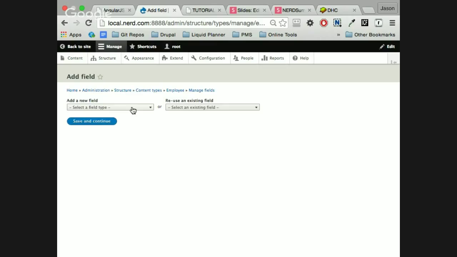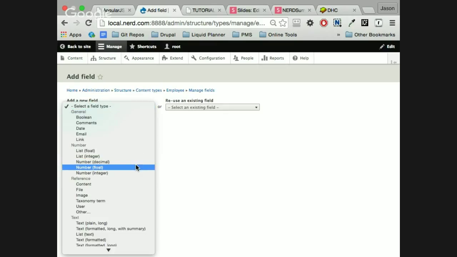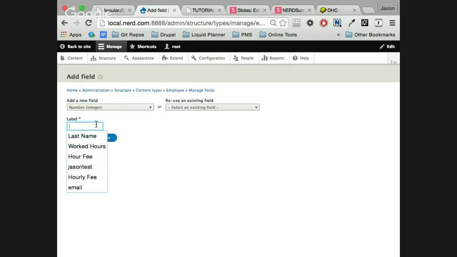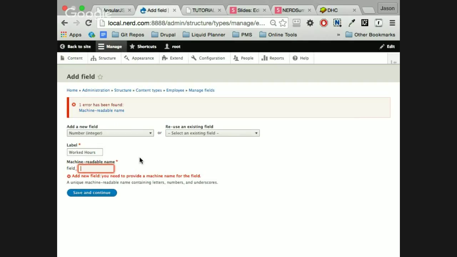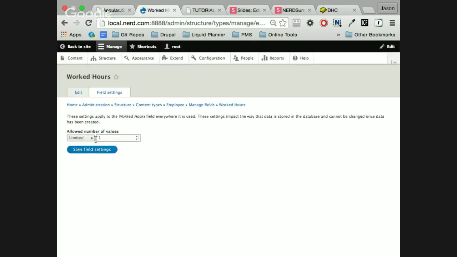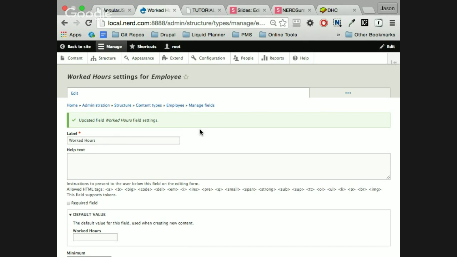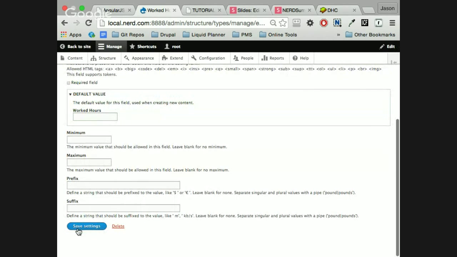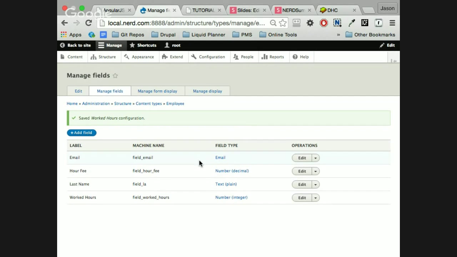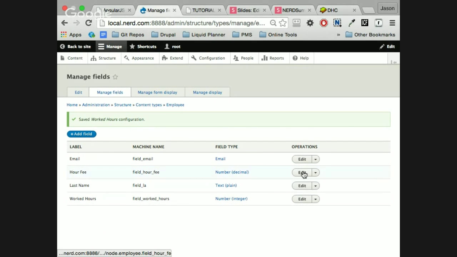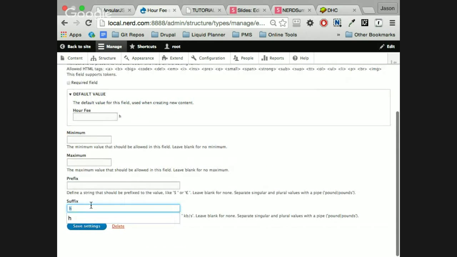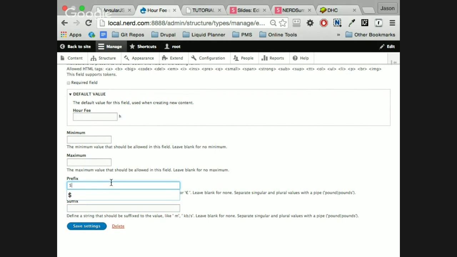And another one, let's see, it's going to be working hours per week. Okay, so we can also add a description there. Now, I think for the fee, instead of putting the h at the end, I should put the $ at the beginning, because it's a money amount.